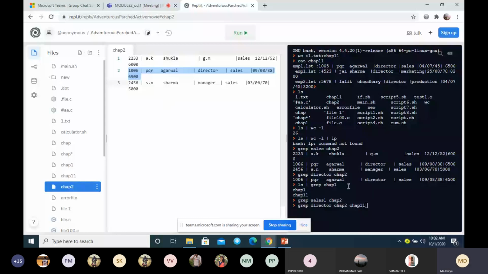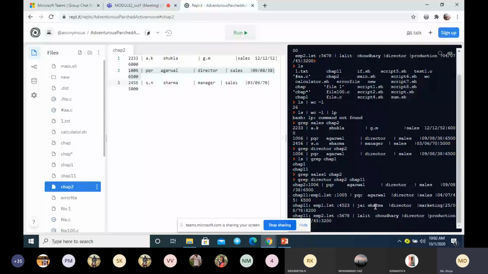So how many lines of output are we going to get? 4 lines. All 4 lines will be displayed: 3 lines from chap11 and 1 line from chap2.